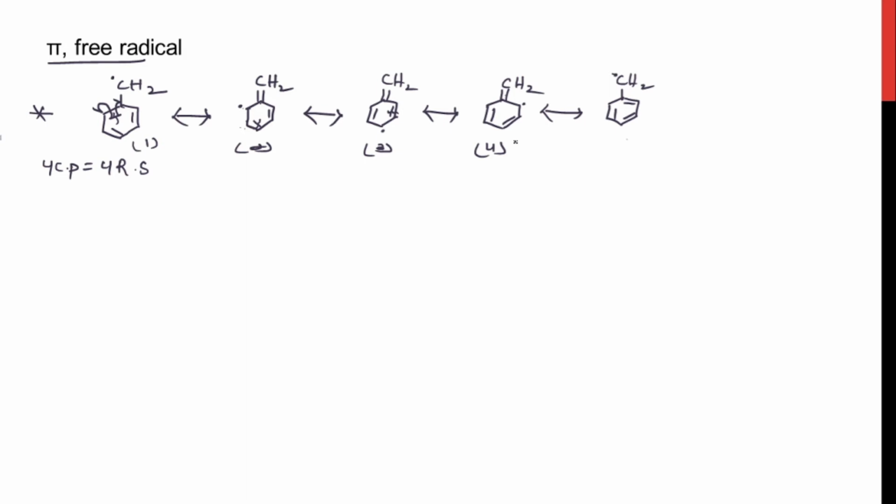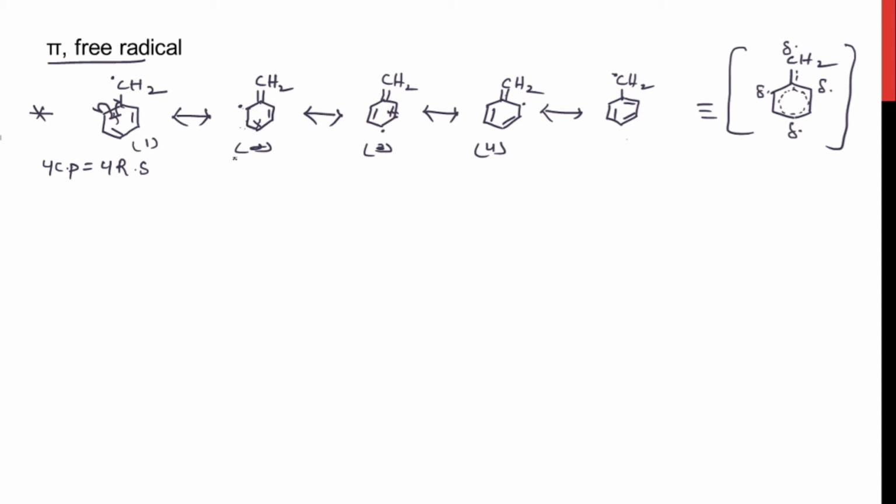Fine. Now what shall we do? We'll write the resonating hybrid here. Yes, the delocalization is within the benzene molecule and also with the benzyl group. And these two ortho positions and the para position are getting the partial free radical nature. Yes, and the benzyl carbon is also getting a partial free radical nature. This is the resonance hybrid. Now we'll see their stability. We'll see the stability of resonating structures.